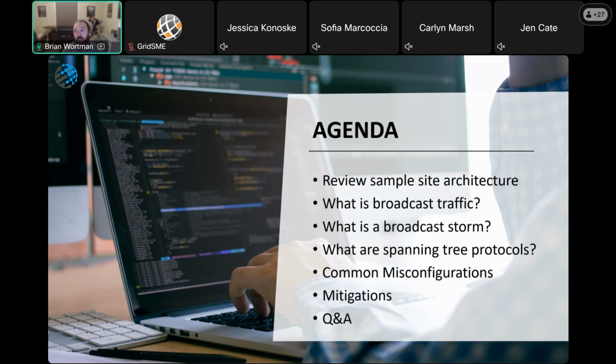The intent today is to give you the conceptual understanding to recognize when problems you're seeing could be broadcast storms and understand approaches for resolving or mitigating those problems.